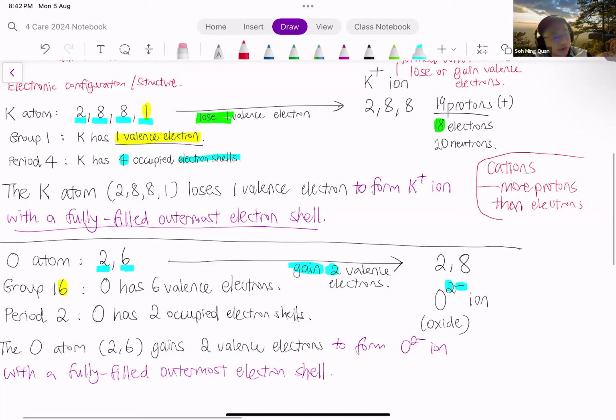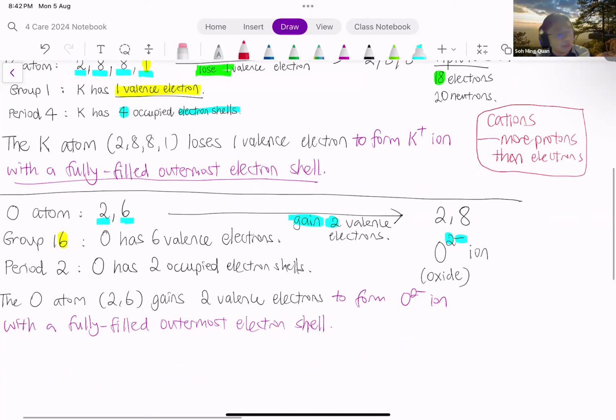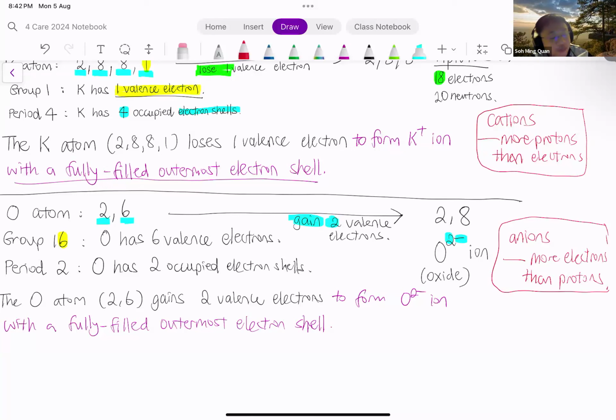All right. So cations can be identified because they have more protons. This means that cations must have been formed when something lost electrons. That's why there are fewer electrons now. On the other hand, anions, which are negative ions, have more electrons, and they have more electrons because they have gained electrons. So this is how we can distinguish between cations and anions on the basis of their numbers of protons